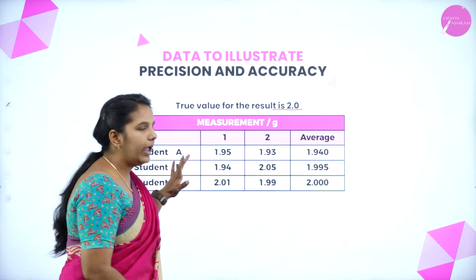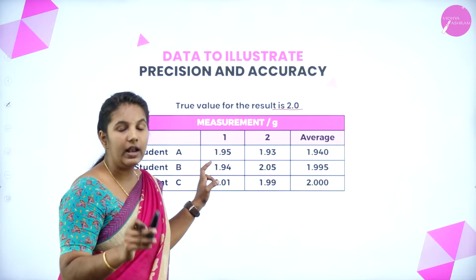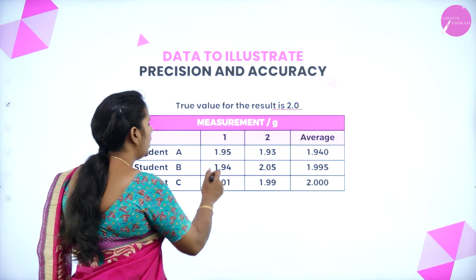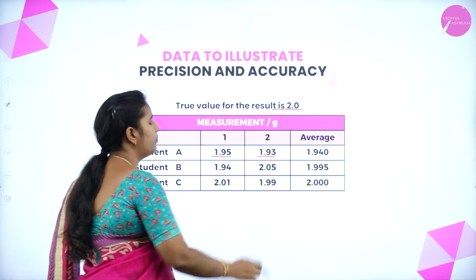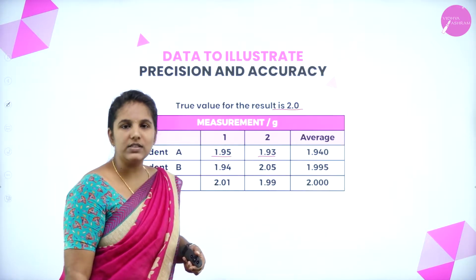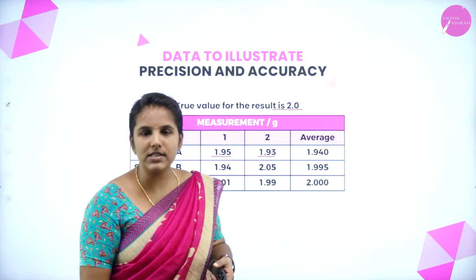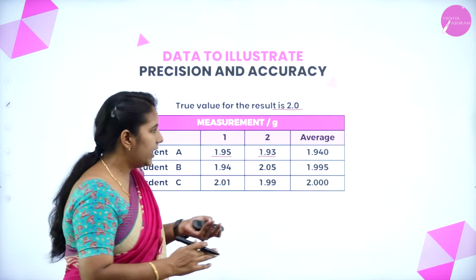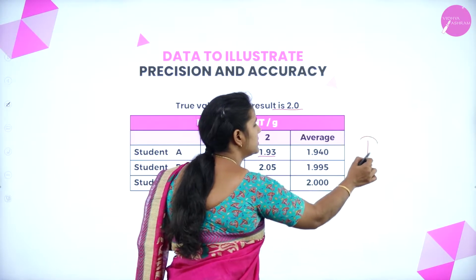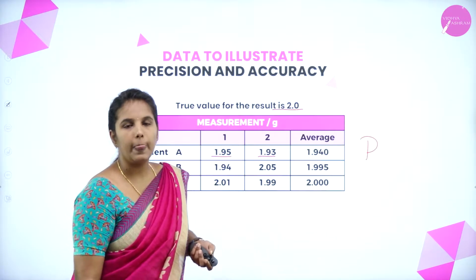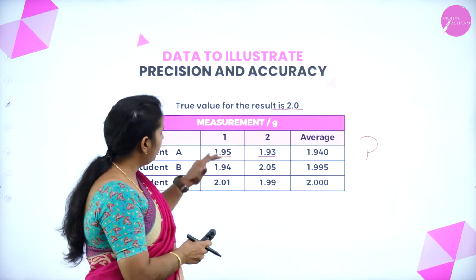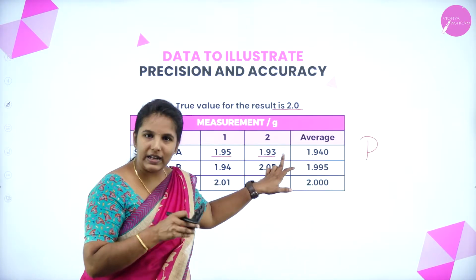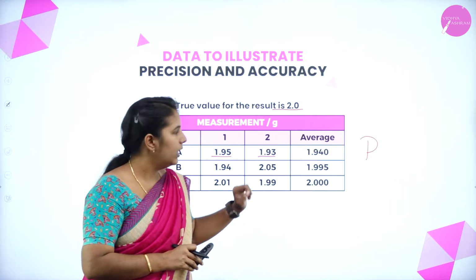The first student did the titration with 2 trials and got 1.95 and 1.93. If you see these results, you can clearly see that these values are close to each other. Hence, your result is precise. Okay. Coming to the accuracy, if you take the average of these two by adding the trials and dividing by 2, you will get